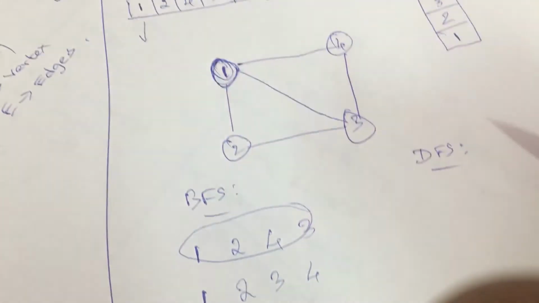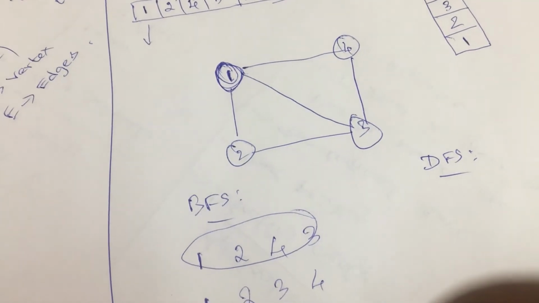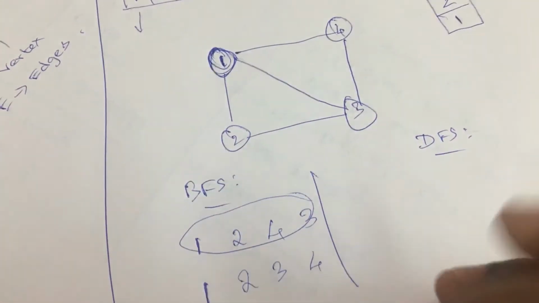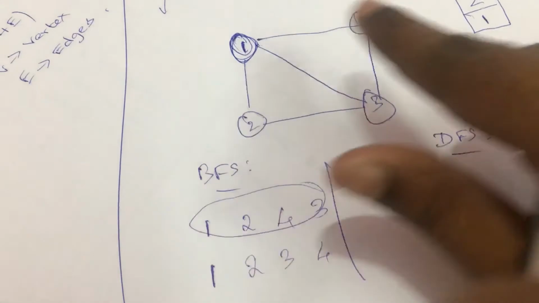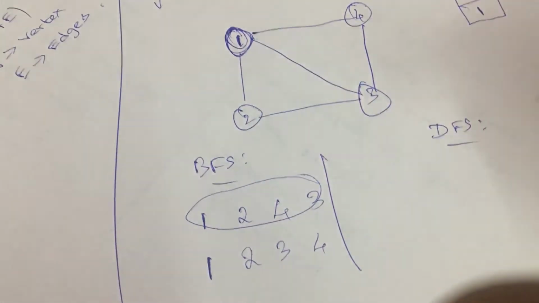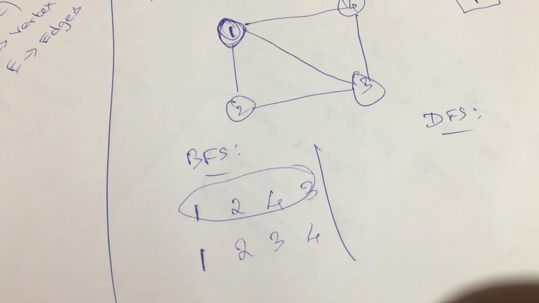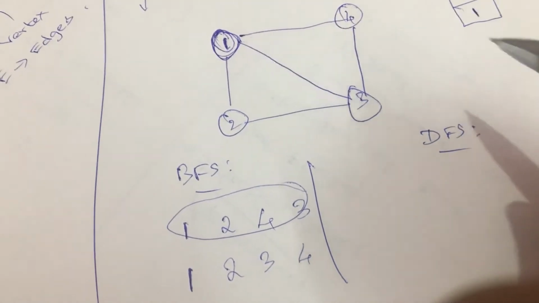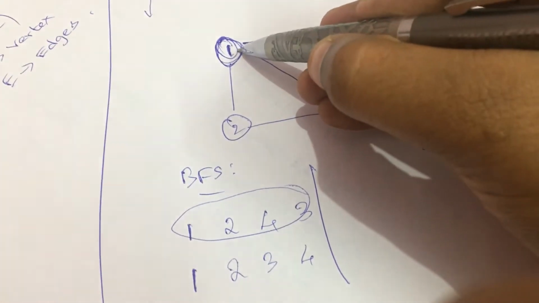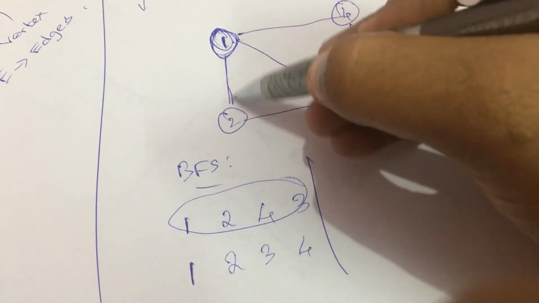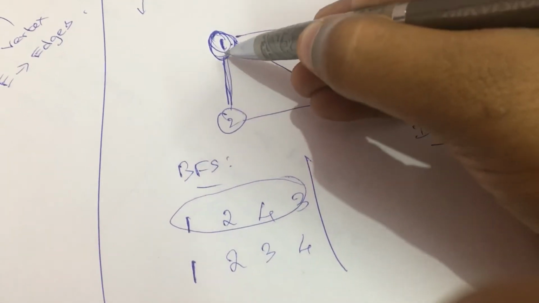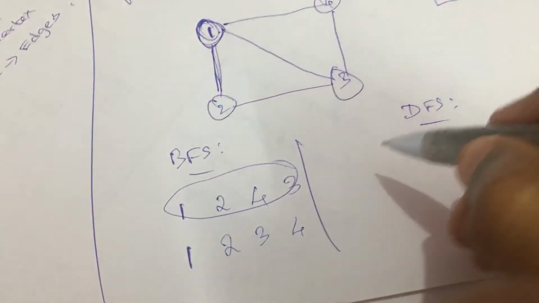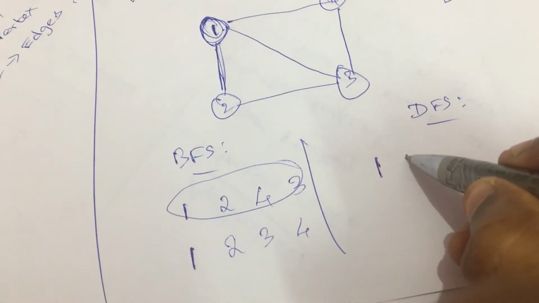So first let's assume my starting point is 1 itself. And why do I stop with this BFS technique? Because I have 4 nodes, and all 4 nodes are connected with 1 itself, so there is no need of tracking this algorithm further. So let's move with DFS. So from 1 I'll just find the nearest path or any one path from this. So from 1, I'll choose 2. So first I'll have 1, then we'll go with 2.